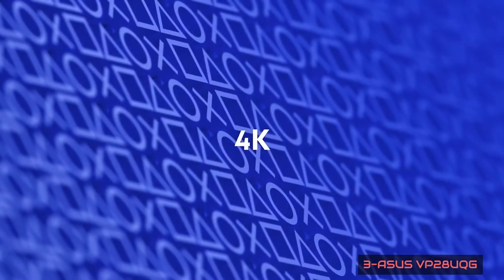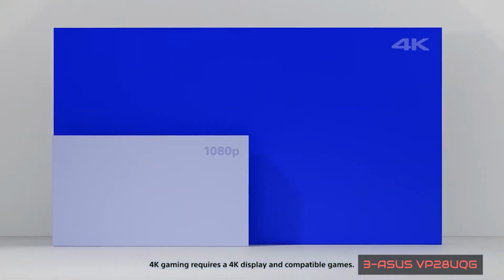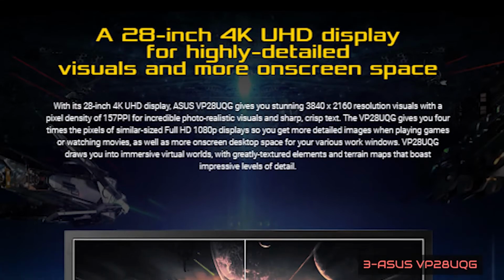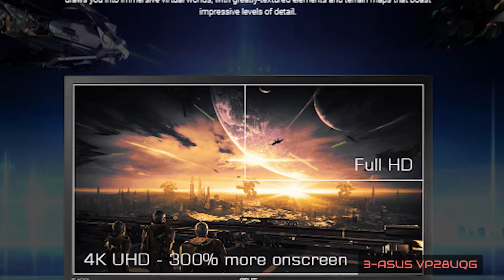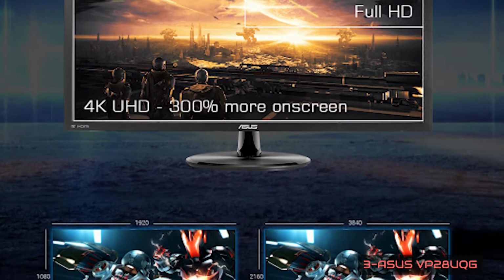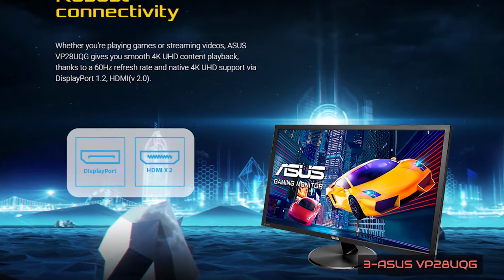So, if you fancy 4K and can't stretch to a high refresh rate monitor, the ASUS could be just the thing, since it offers you the sharpness of 4K, but it's limited to a 60Hz refresh rate. Priced around $240, it's remarkably affordable for a 4K 28-inch panel, and thanks to an HDMI 2.0 interface, it's fully compatible with the PS5. ASUS has also included DisplayPort 1.2 connectivity, so this monitor will happily tag team with the